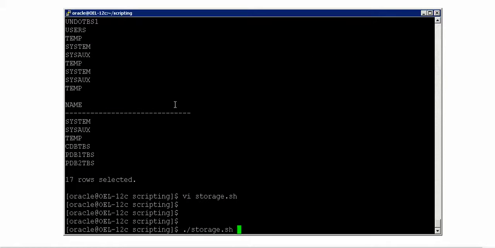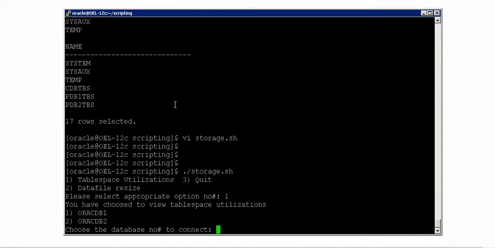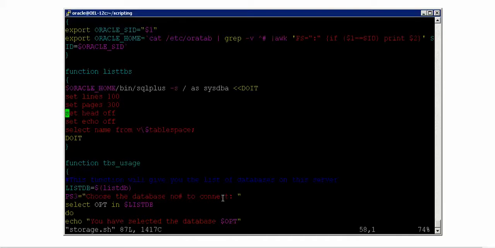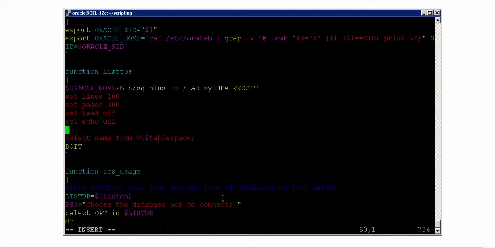So now let me see if I am able to see this properly or not. Just I would say storage, then that's it, table space, first database, perfect. I can only see this, but I think rows are returned, so I should also remove this one. So how will I do is to set a proper command for this. So it should be set feedback off. So let me actually edit that also. Set echo off will basically not show what SQL has been executed. So set feedback off is also important.